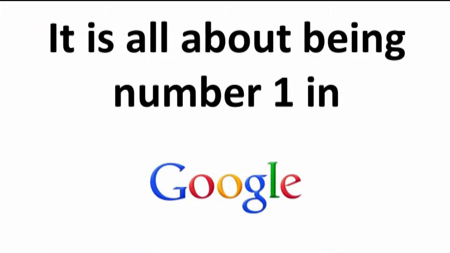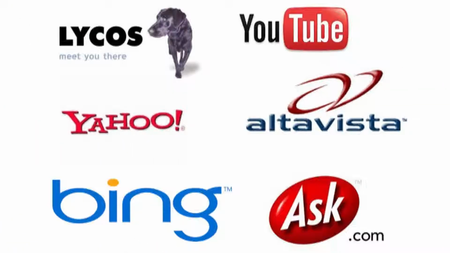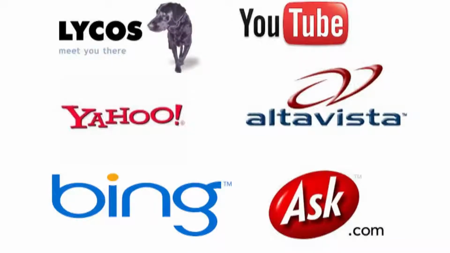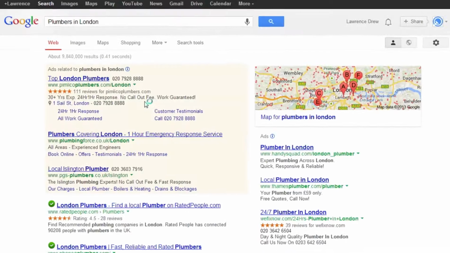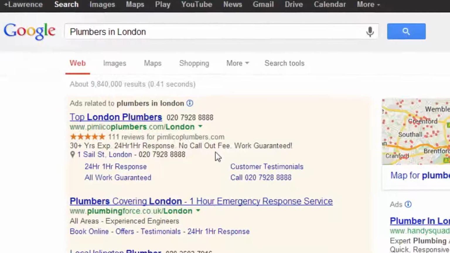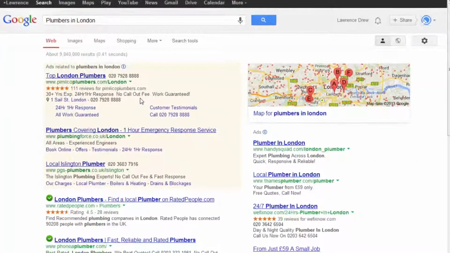Okay, so now you might be thinking that SEO is all about making sure that your website shows up at the top of Google. Although you are largely correct, there are two things I'd like to bring to your attention. Although by far the most popular, Google is not the only search engine. Secondly, there are two distinct types of search engine results that you see when you perform a search using a search engine. If we use the keyword that I detailed earlier for you, which is plumbers in London, what we see is a combination of different search results.